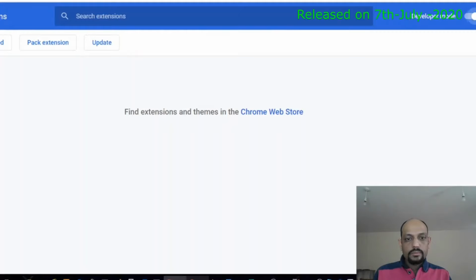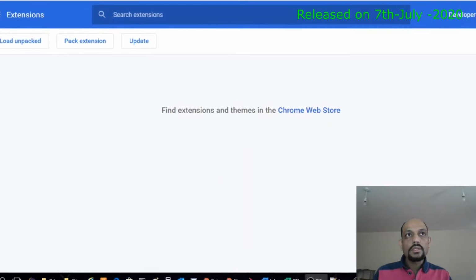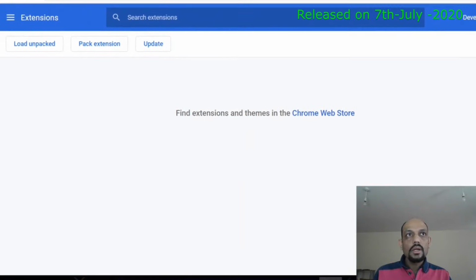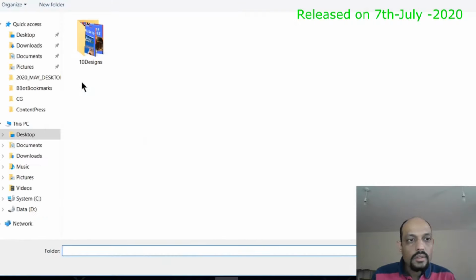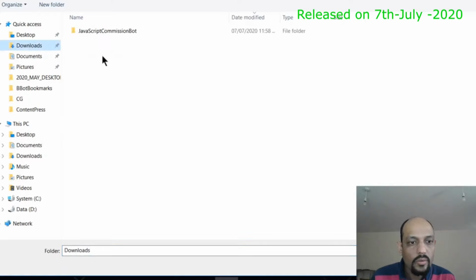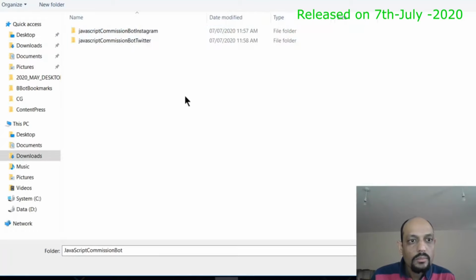Then what we'll do is just click on load extension, or load unpacked extension. Then browse to your file explorer wherever you have downloaded and extracted them, and point to your root folder, that means the folder name, and select the folder.